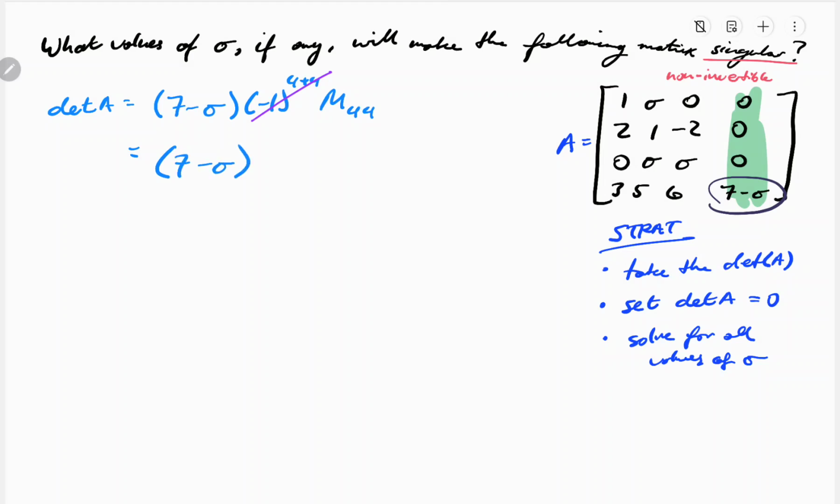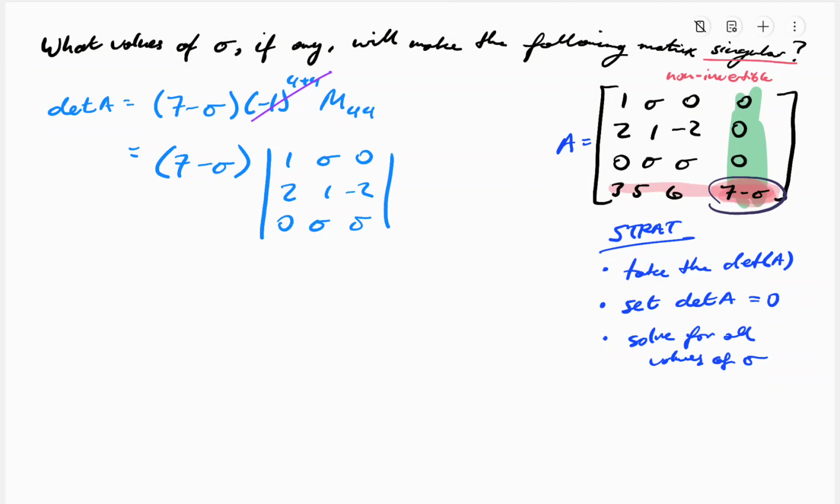So it's going to be the determinant of everything else once we've ignored all the numbers that share a row or a column with the number we are currently cofactoring. So we're going to ignore everything that's highlighted and take the determinant of the rest. So that gives us the determinant of 1 sigma 0, 2 1 negative 2 0 sigma sigma, and then